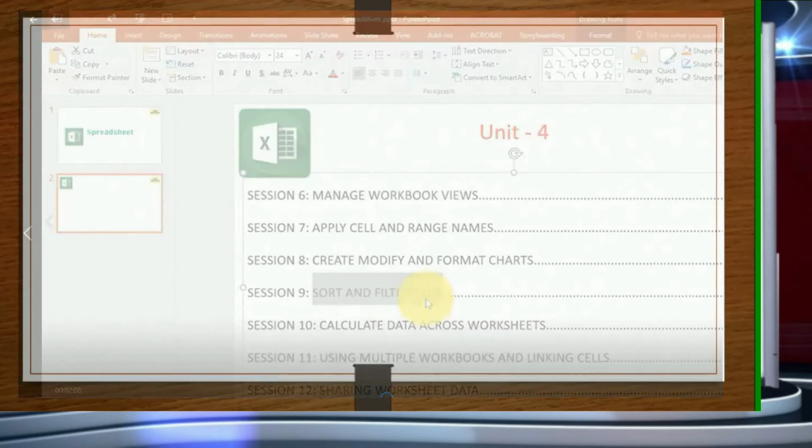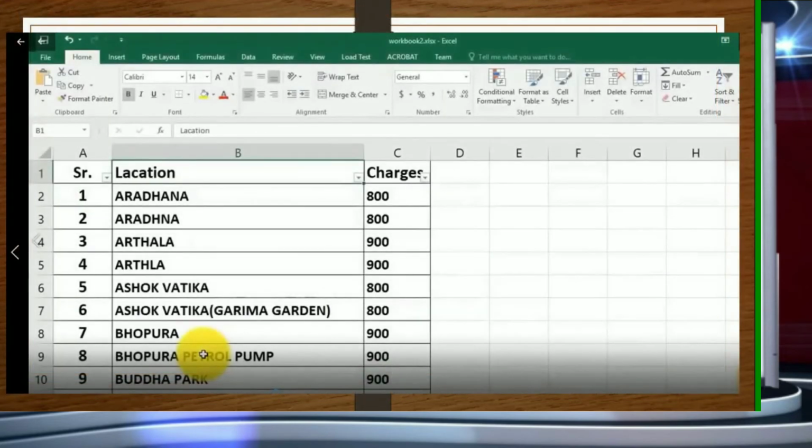Let's understand it. Children, supposing we are in the same file on the screen, and we have a value of 800 in the C2 cell. This is C2, this is the location and this is the serial number.